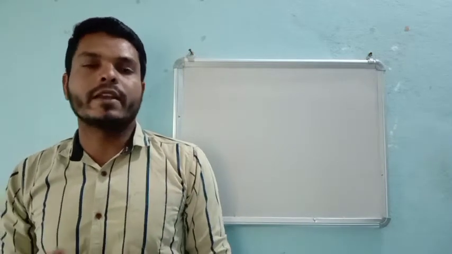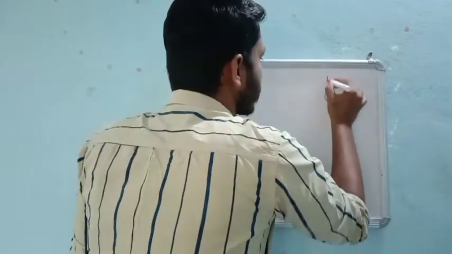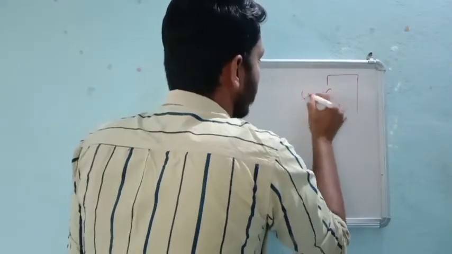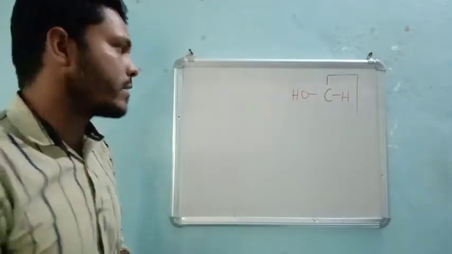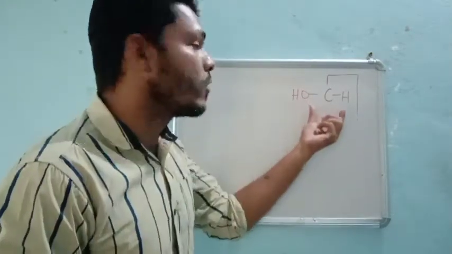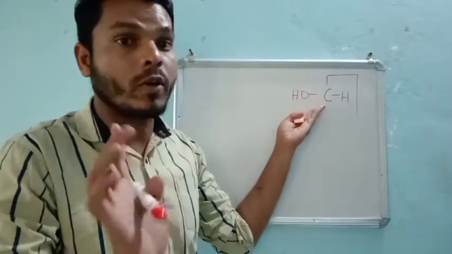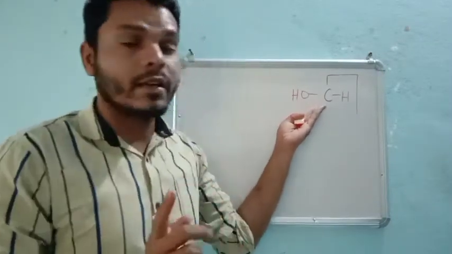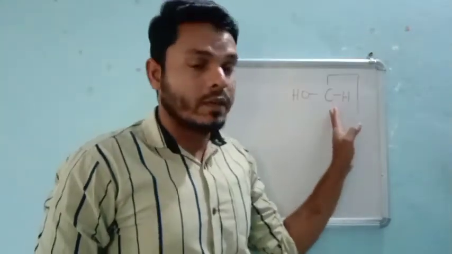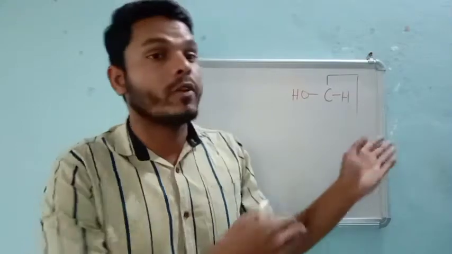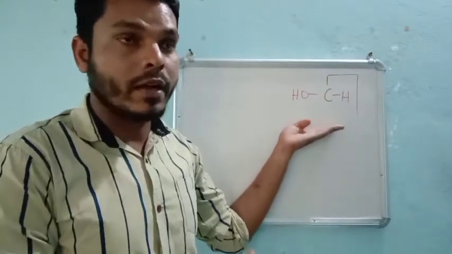Why? Because in cyclic structure, as you saw here, there is no aldehyde. We cannot say directly there is no aldehyde group, but the aldehyde group is not free, as you can see here. So that's why, in the first point, what I said: in the cyclic structure of glucose, the aldehyde group is not free, so it will not react with Schiff's reagent. Now you can conclude that point, right? So the first one we can understand very easily.